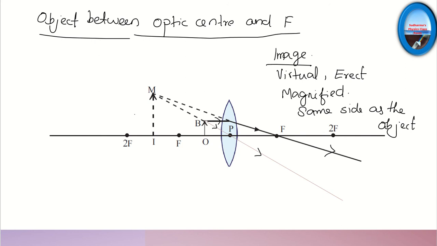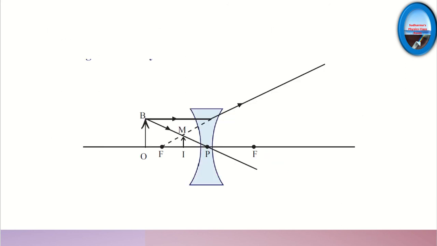Okay. Now let's move on to the concave lens. For a concave lens, we have only two object positions. One is when the object is at infinity, another is when the object is anywhere on the principal axis in front of the lens. For an infinite object, definitely it is a parallel beam of light we have to show. So the image we can expect is a virtual image. Concave lens always forms a virtual image.